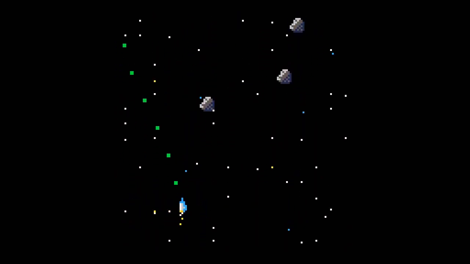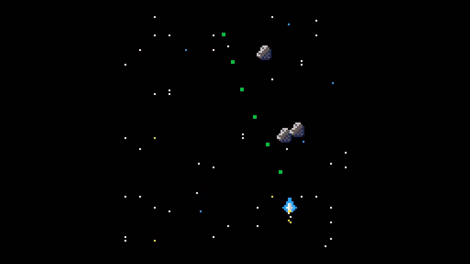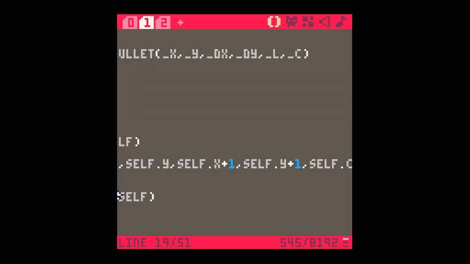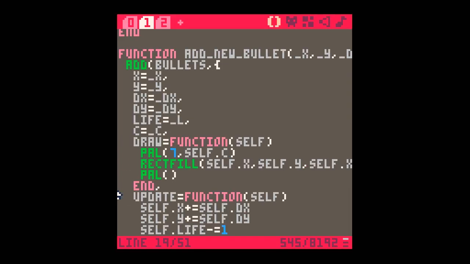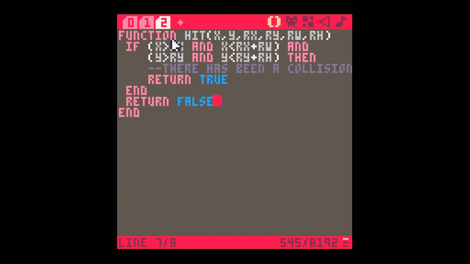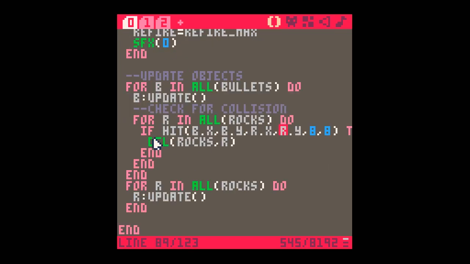We got lots. There are occasional misses, but we'll try and fix those up. I think partly it might be because the bullets are traveling so much faster. Anyway, that's looking pretty good. Next thing to do, I think, is to make these meteorites crack into smaller meteorites. So when they're hit, rather than deleting them, we're going to change